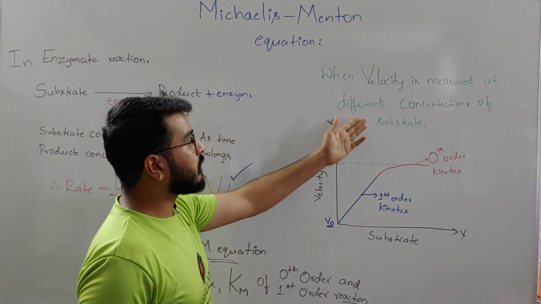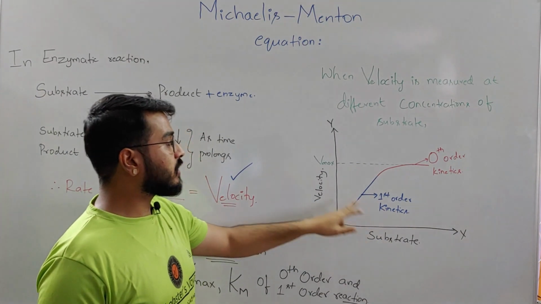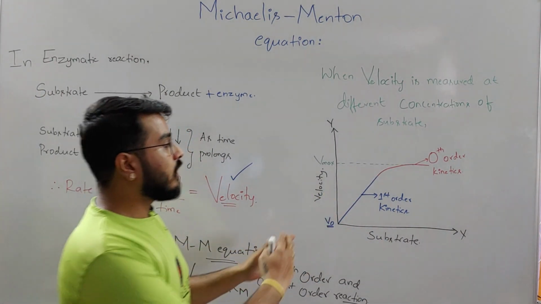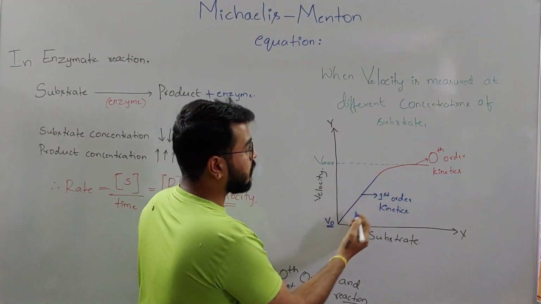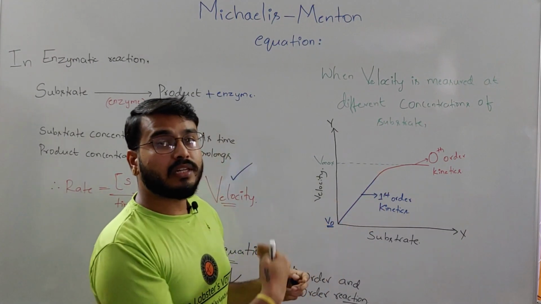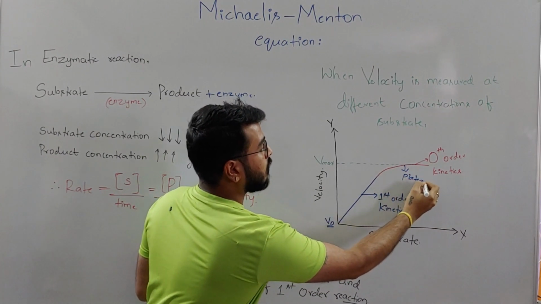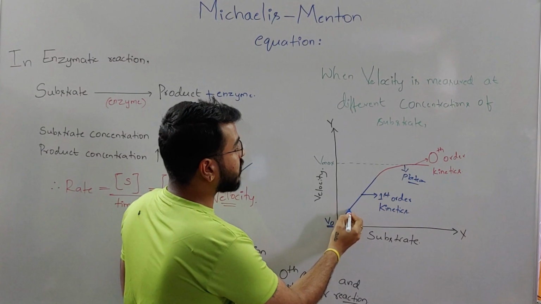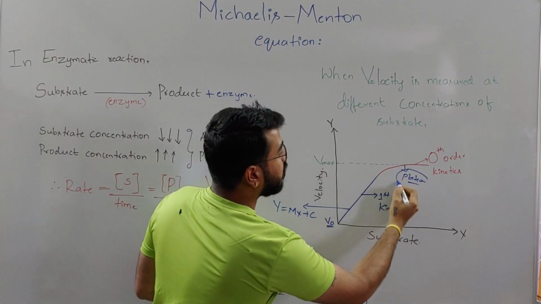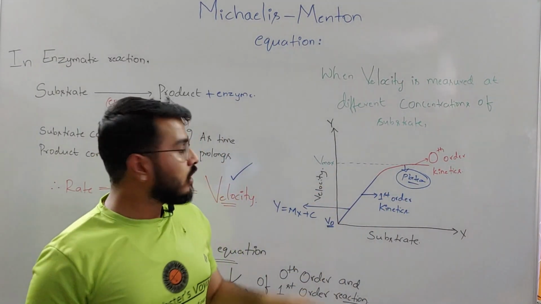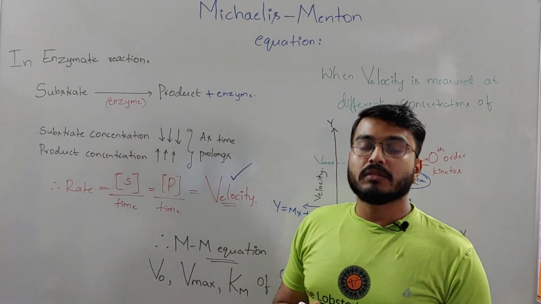When the velocity is measured at different concentrations of the substrate, and when it is graphically represented by taking substrate concentration and the velocity in each quadrant, we get two different regions. One shows gradual increase up to a point, after which it saturates. So this graph basically has two distinct regions. One, the straight line, second one is the plateau region. The straight line graph can be explained using the straight line equation, that is y equals mx plus c. But explaining the plateau region is almost impossible using the straight line equation. Therefore, we are in need of an equation called Michaelis-Menten equation.